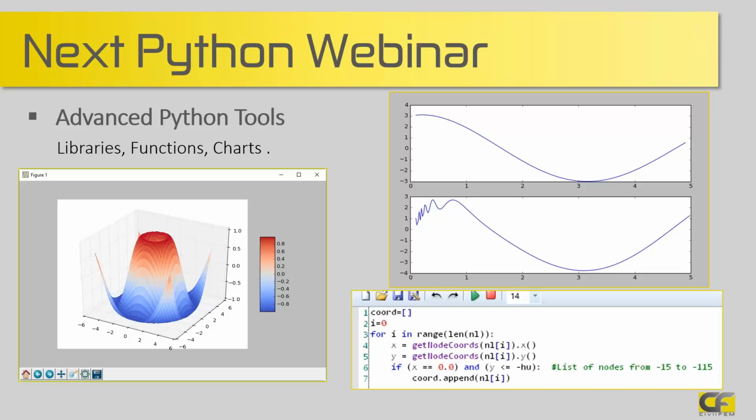We'll show you in the next Python webinars that there are external libraries that can be called: the math library for using formulas and typical trigonometrical functions, or matplotlib to plot charts or graphs,